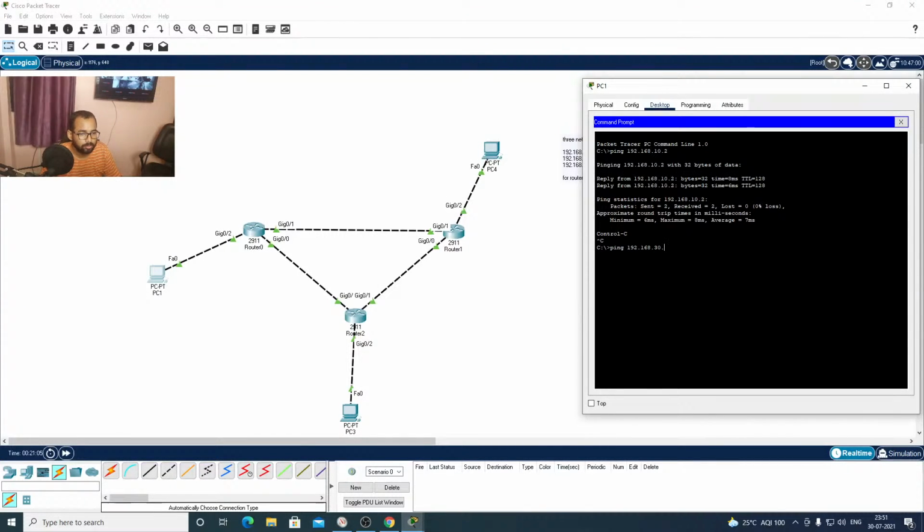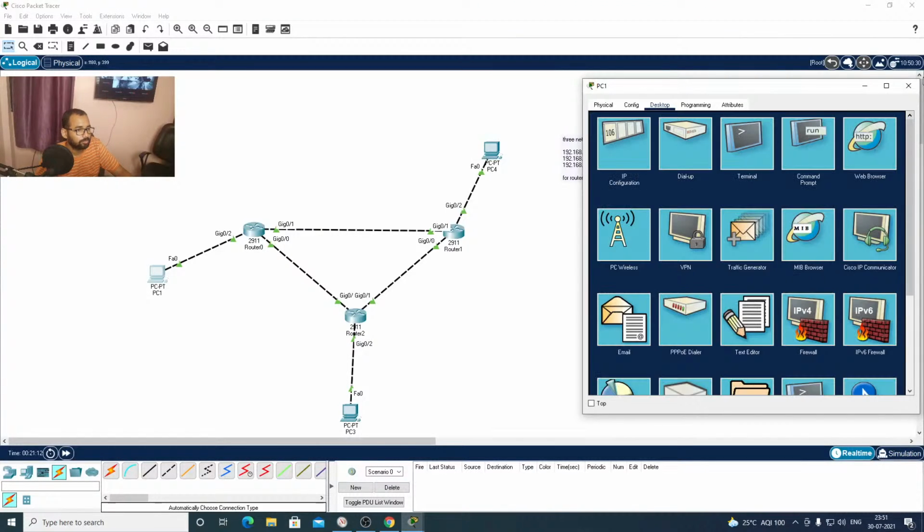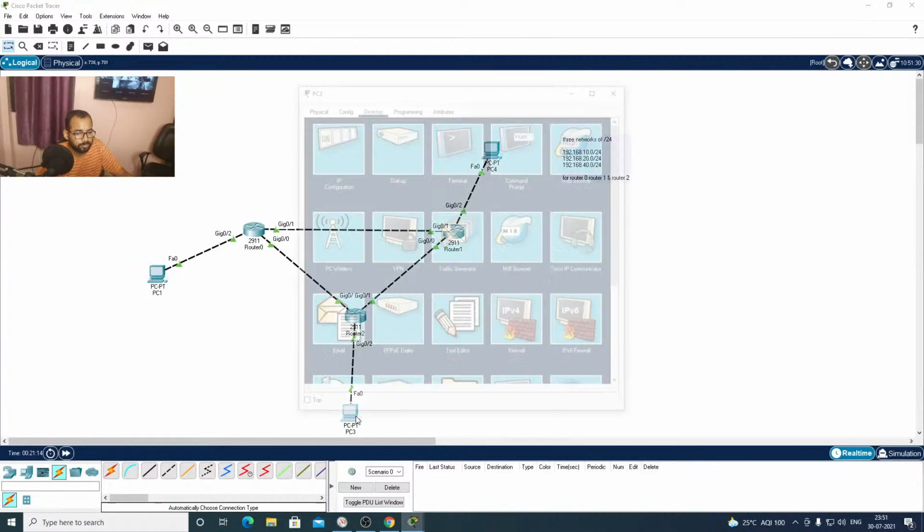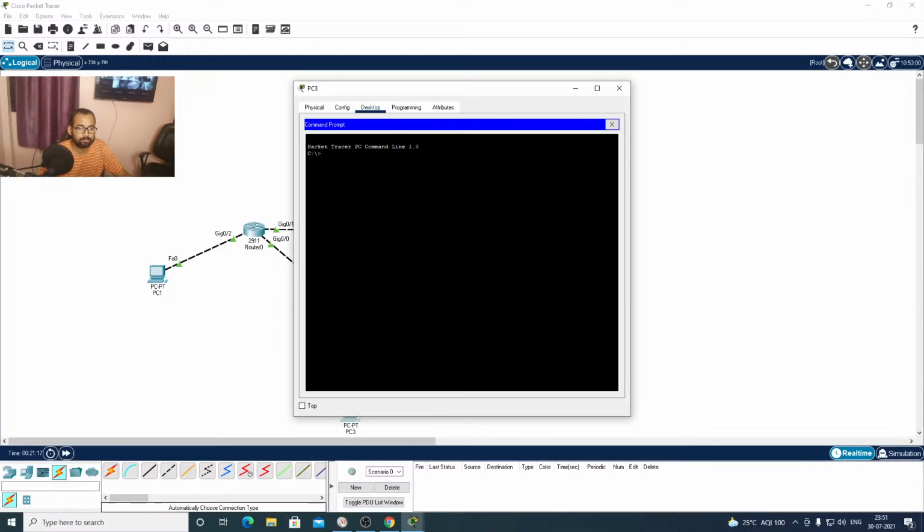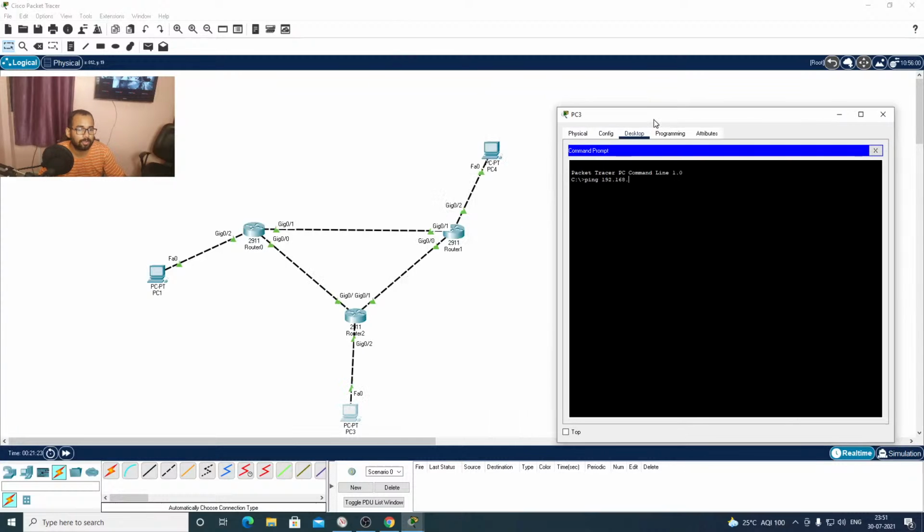Ping 30.2. We can see here it is saying destination host unreachable. Similarly, if we ping from PC3, it's not pinging. It is saying request timed out.